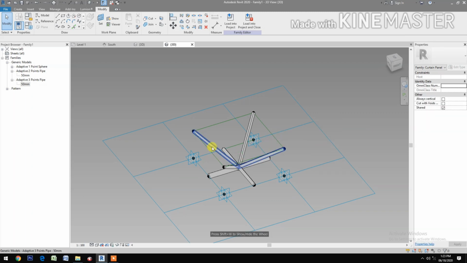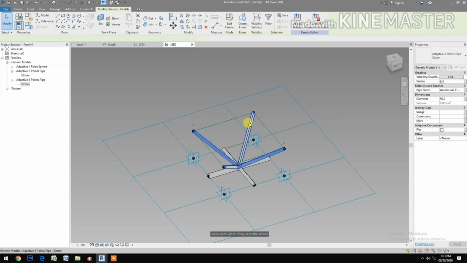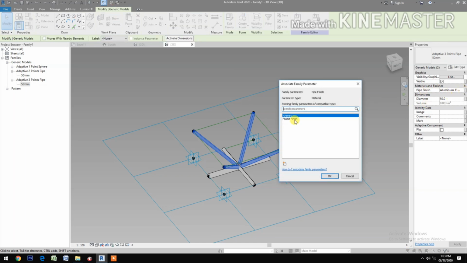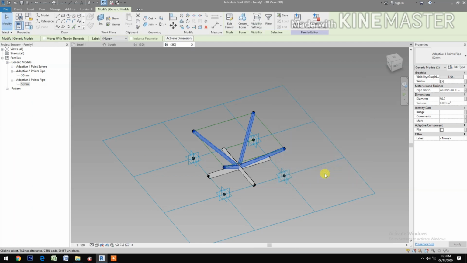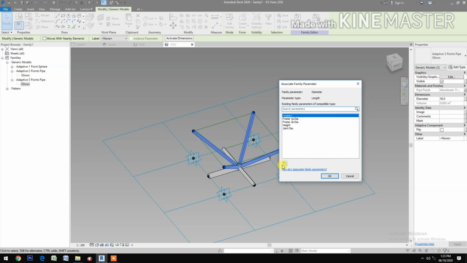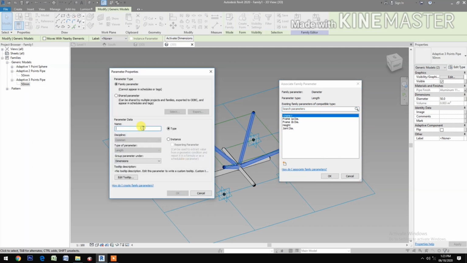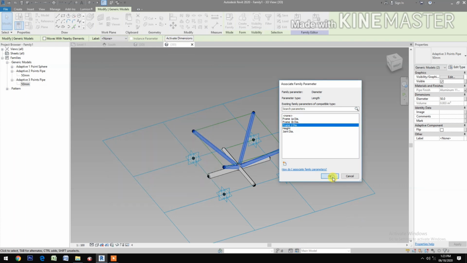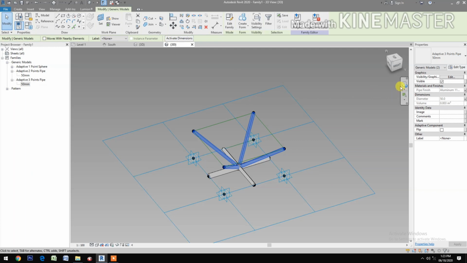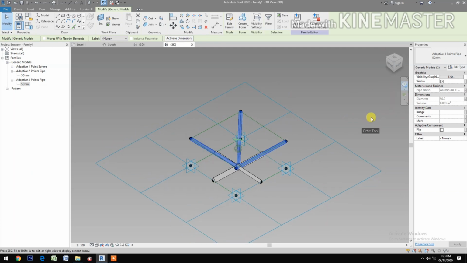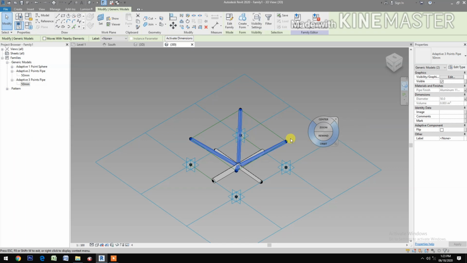next select these 2 pipes, go to pipe finish, let's select the frame finish. Then for the diameter, let's create a new parameter. This is the frame 2 diameter. Okay, let's see. Okay,